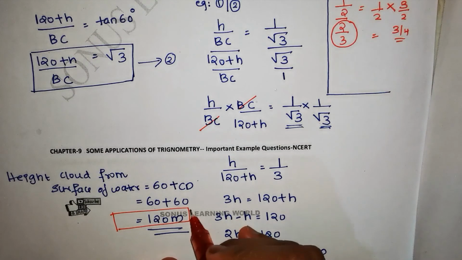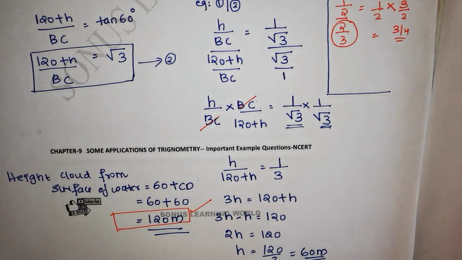Okay, students. So this is a question where we have to know that the shadow formed of the cloud is formed at the bottom surface of the water. Only that is a thing which we have to understand in this particular question. Remaining is same. Taking triangles, everything is same, students.